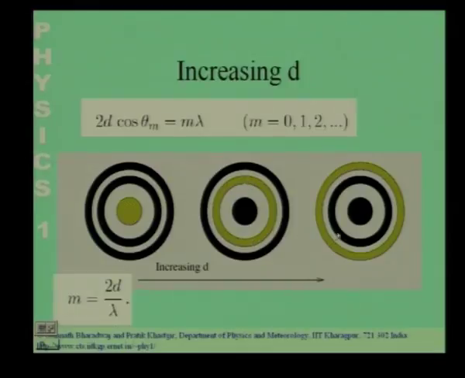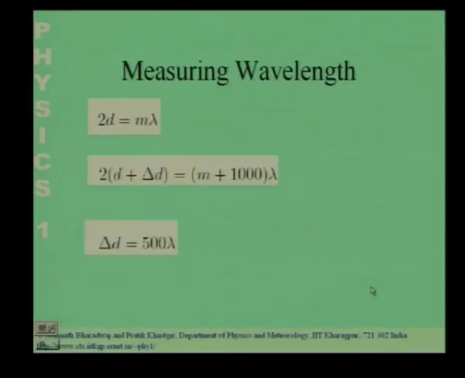If you increase the distance even further, the fringe will move out to even larger angle and finally, it will move out of the field of view, and new fringes, fringes of higher order, have appeared at the center. So, you can use this to measure the wavelength of light. We had discussed this in some detail in the last class. What you have to do is move one of the mirrors so that you get,